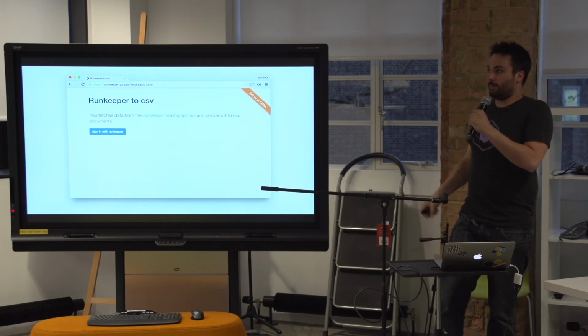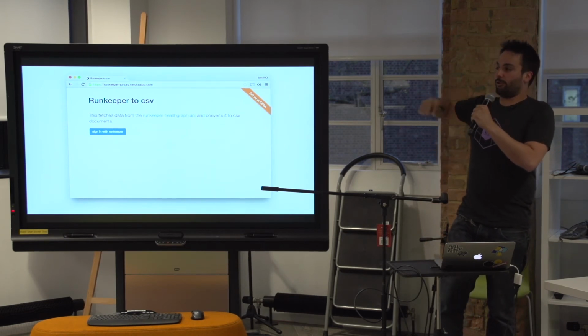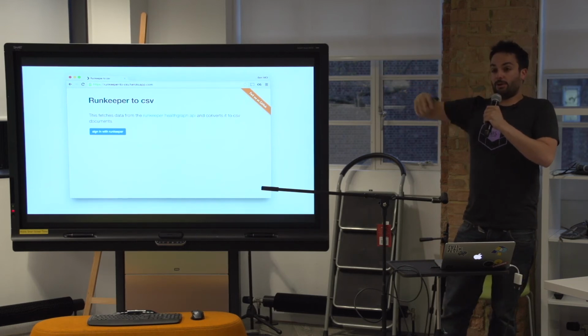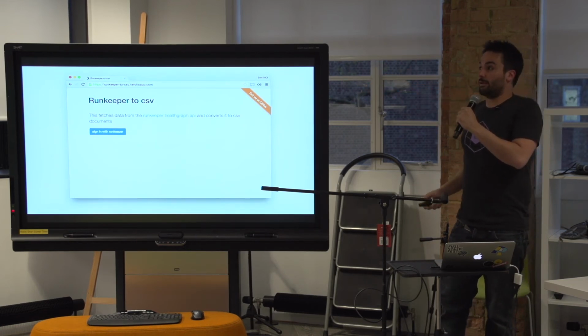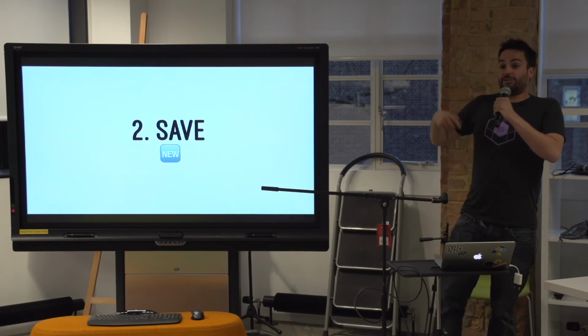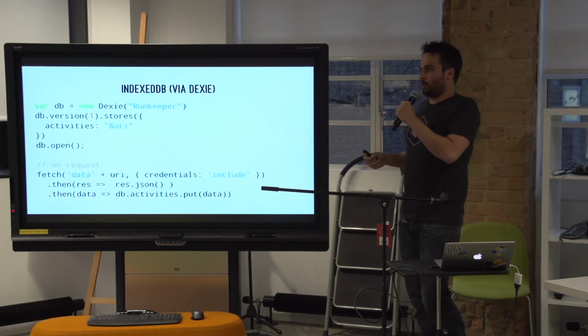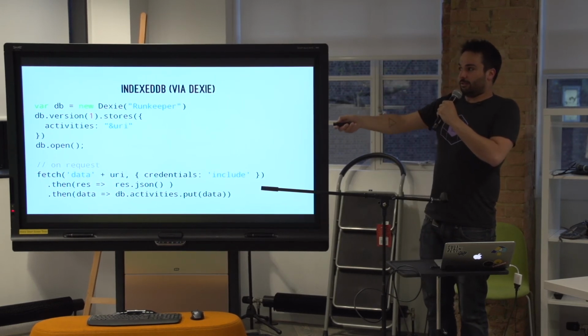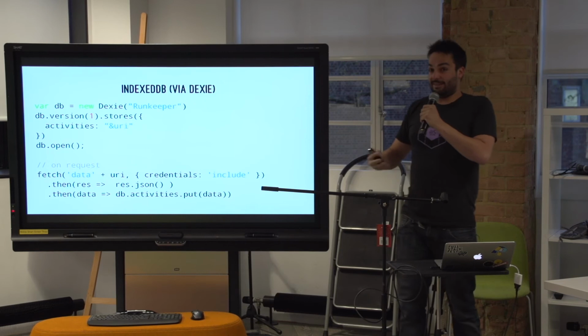And because Runkeeper is authenticated, we've got a Node app on the back end which does some OAuth stuff with Runkeeper, I think. So saving it, which is a new part. What we're doing is partly the same with the fetch, apart from we're shoving it into this